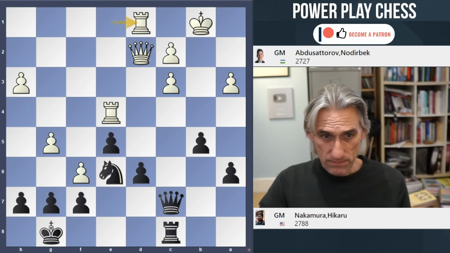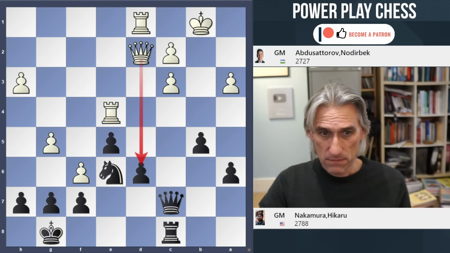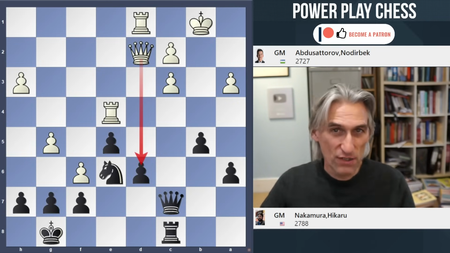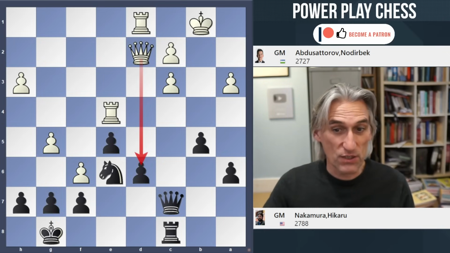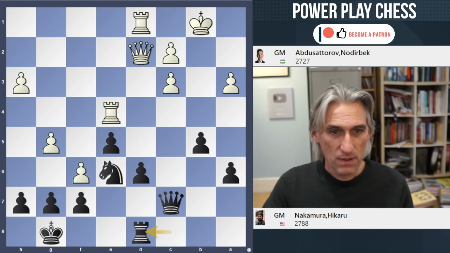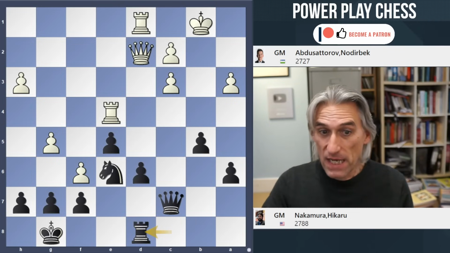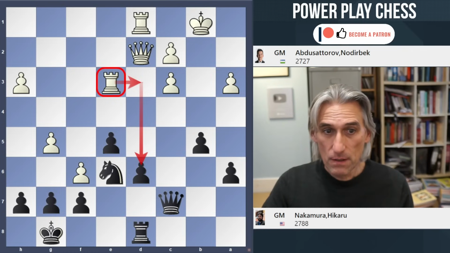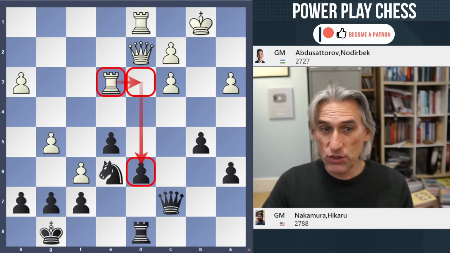Rook d1. Yeah, pressure here. And white is actually doing okay. It's very interesting to see how Abdusattorov has managed to turn a difficult position in the opening into actually rather a good position. And here, if he continued with rook e3 to d3, just putting pressure on that pawn, he's actually got a really good position, because if